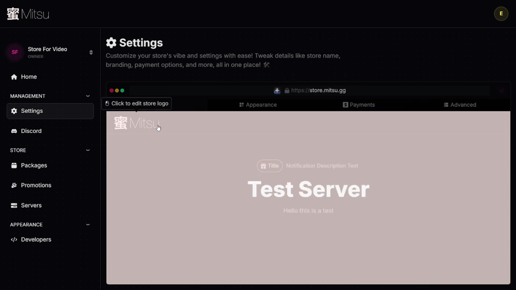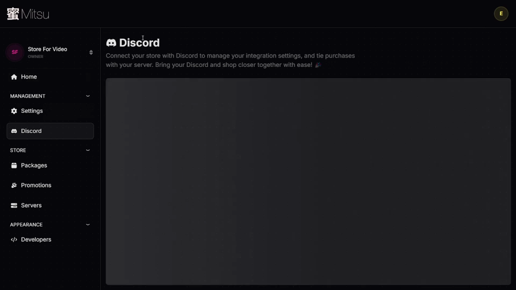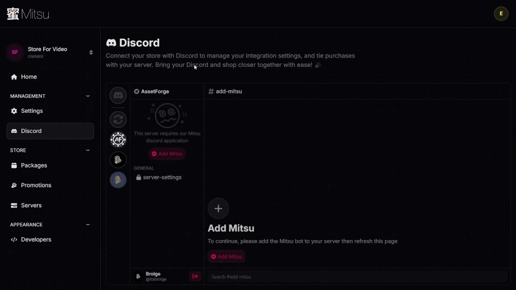You should be able to now click onto Discord. This is where you can connect your store with Discord to manage integrations. As you can see, I already have the bot connected to mine, and I can already select all sorts of servers and other funky stuff. On here, you can basically chat off the Mitsu bot. I can cover this in another video. This is a bit more difficult to start off with. It's not very difficult, but I'm not going to be covering it in this video